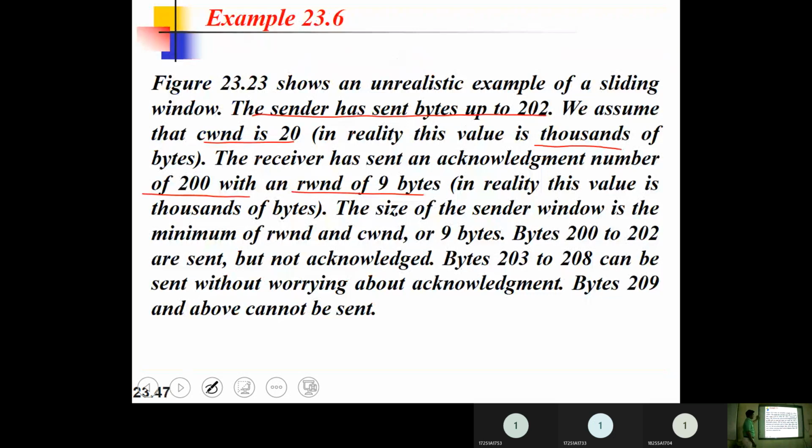Then the size of the sender window is the minimum of RWND and CWND, that is 9 bytes, and bytes 200 to 202 are sent but not acknowledged. Bytes 203 to 208 can be sent without worrying about acknowledgement, but bytes 209 and above cannot be sent.